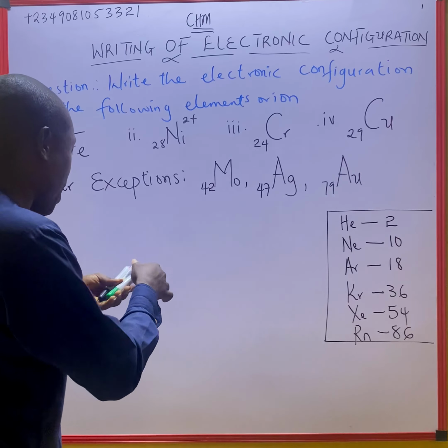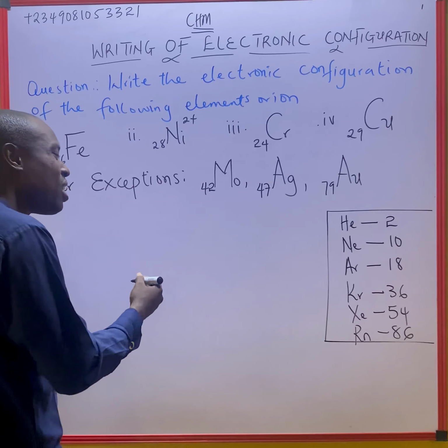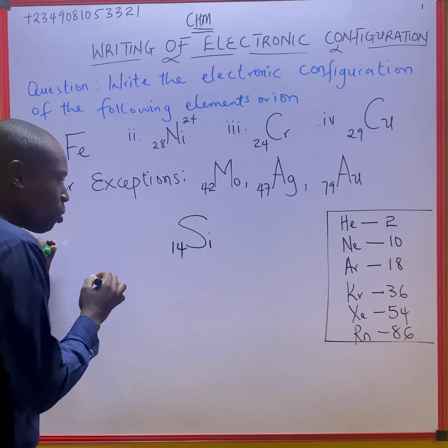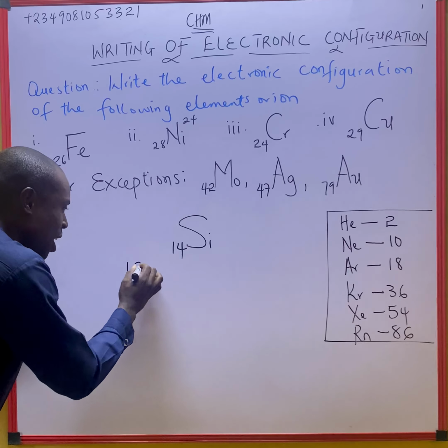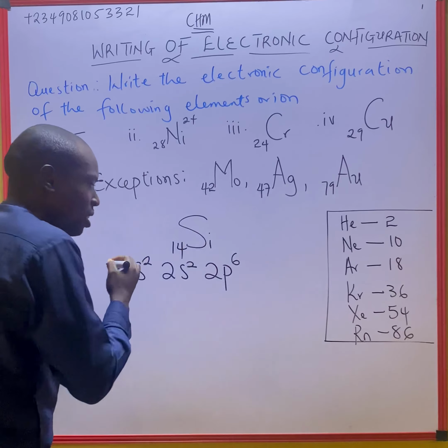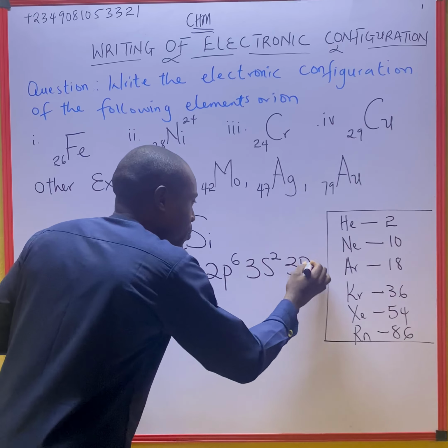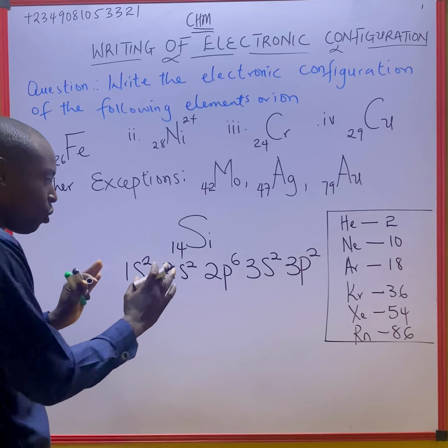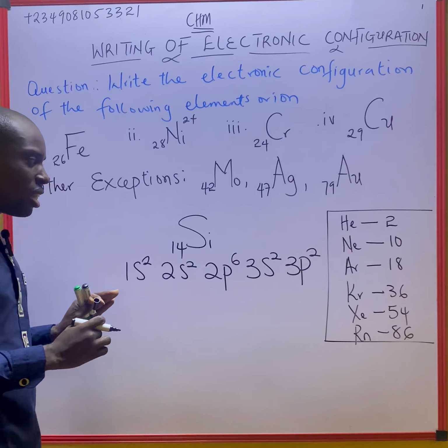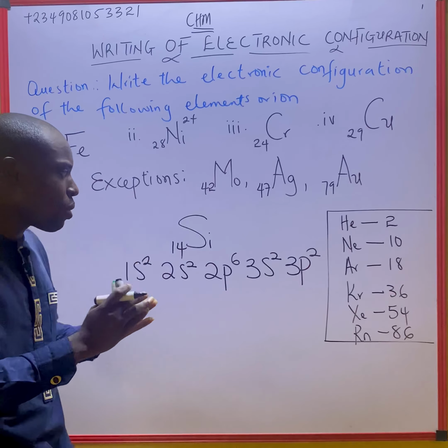Let's take an example. Say I was told to write the configuration for silicon. Silicon is 14. So it is normally 1s2, 2s2, 2p6, 3s2, 3p2. Because if you add it up, 2 plus 2 plus 6 is 10, plus 2 plus 2 is what now? 14. Now, if I want to use the shorthand, which I call the condensed form, take note: